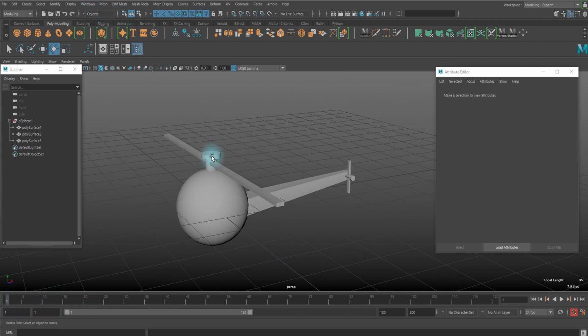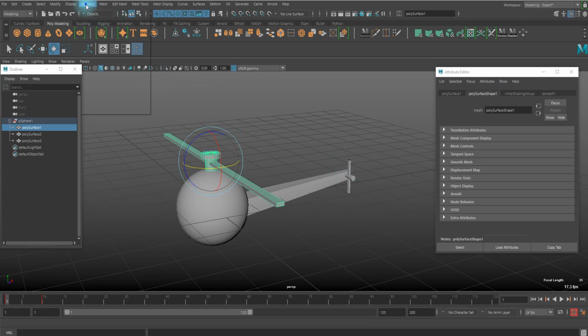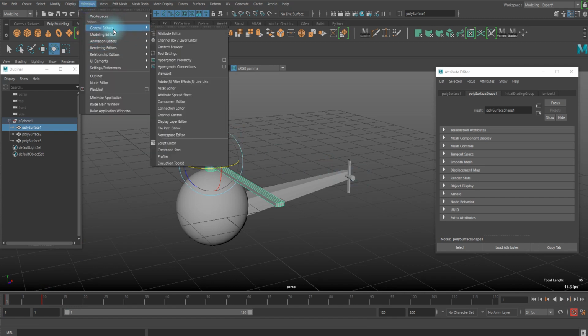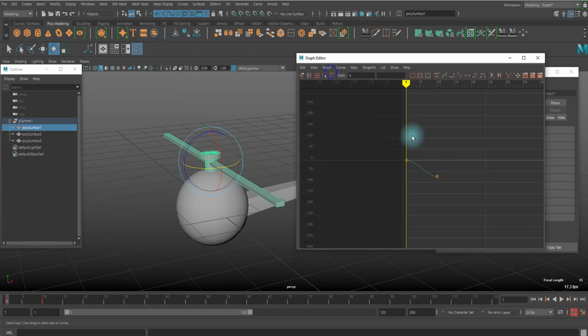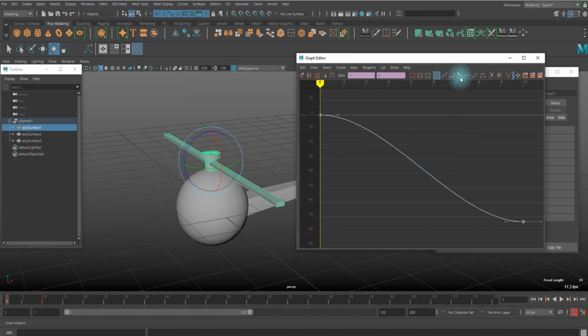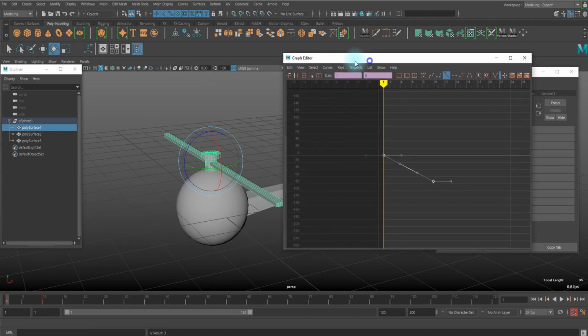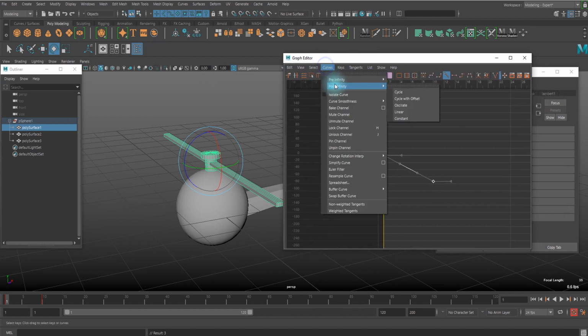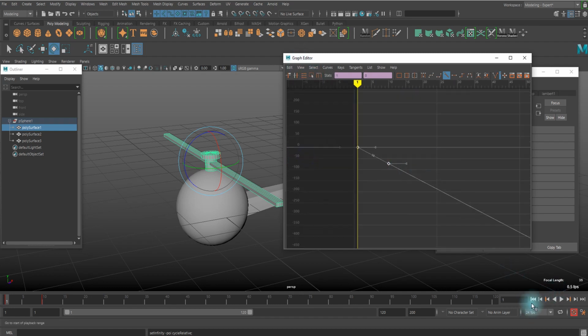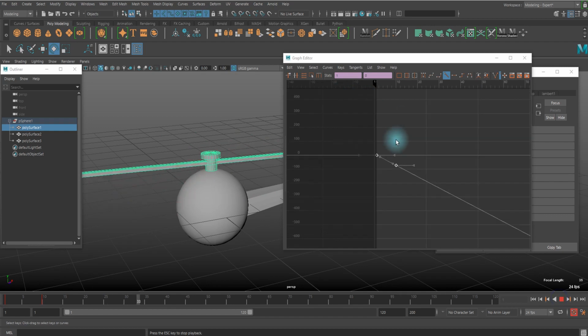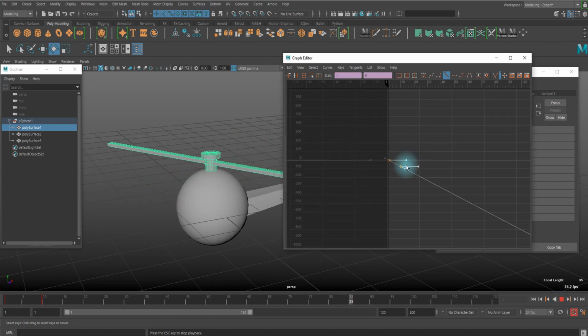But we can make it permanent. You can simply go to the animation editors, graph editor and make it linear first of all, and post infinity and cycle with offset. If you want to see how it goes, you can just go to view and check on infinity. Now it goes like that,